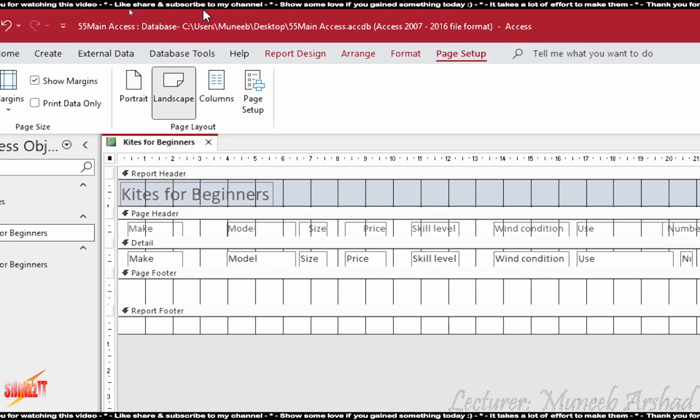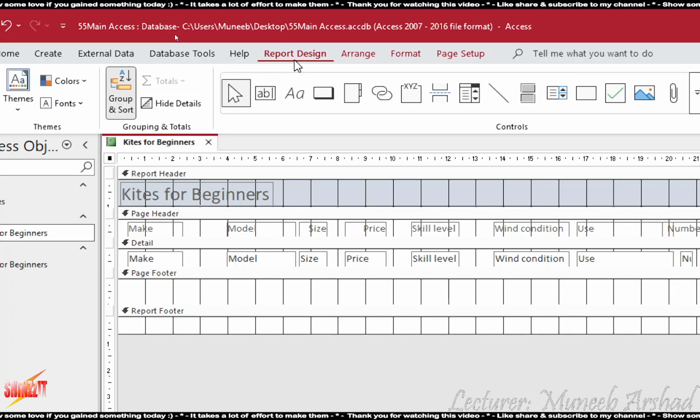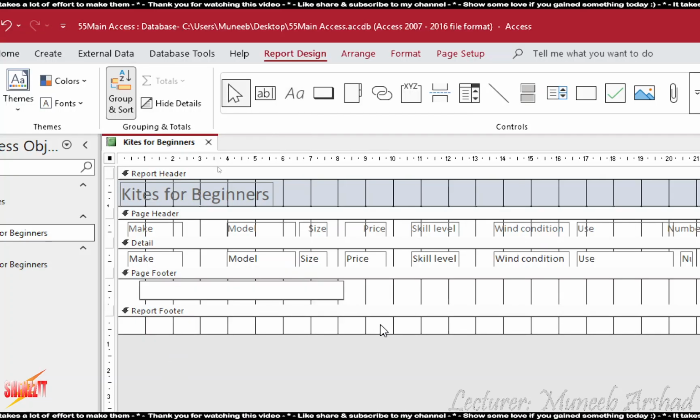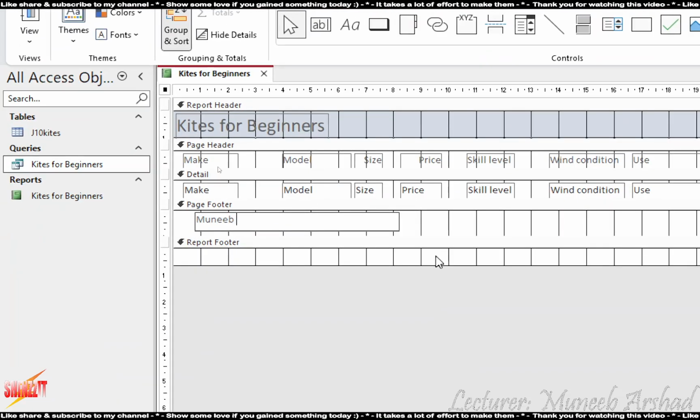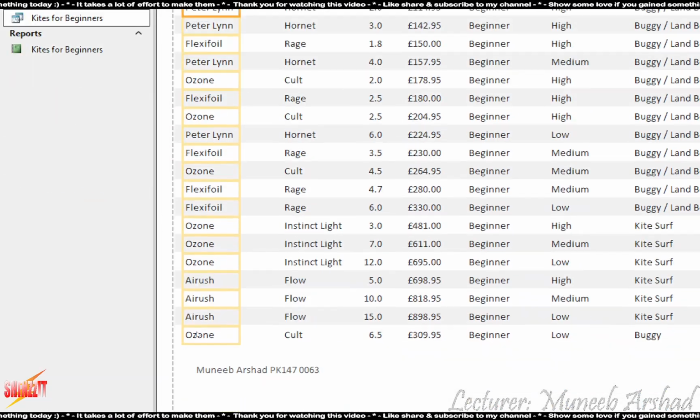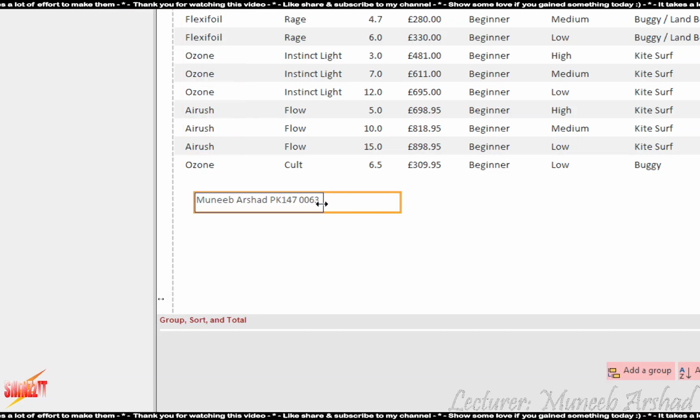Again, need to add my name, credentials. किस तरह ऐड करूं? टेक्स्ट बॉक्स या लेबल बॉक्स? Label boxes. So report design, you click on the label box and then you draw your label. Placement matters? Yes or no? Where can I change it? Layout view. So I will just type in my credentials. जब credentials type कर लो, head over to your layout view, select, resize, reposition, and that's about it.